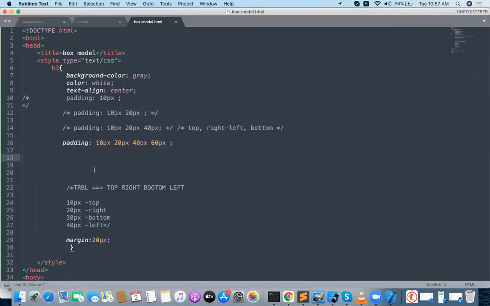This padding concept I will take in the paragraph in the next class. In H1 it is not actually that much